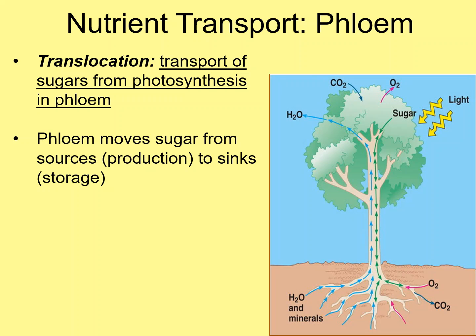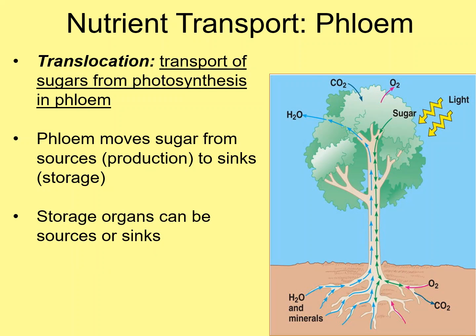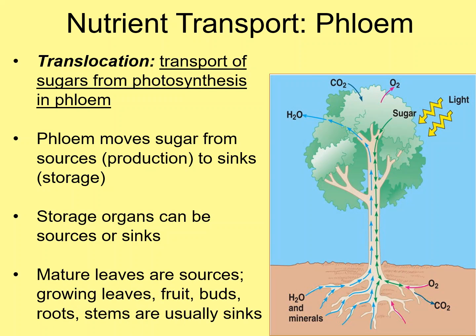Again, we have a lot of different storage organs that can be sources or sinks. A lot of times, trees, for example, will store extra sugar in their roots, and they'll be basically banking that sugar for most of the year. And that's what's sustaining them through the winter. And then in the springtime, that's what they mobilize to essentially fund or pay for the energy that's required to manufacture flowers and new leaves